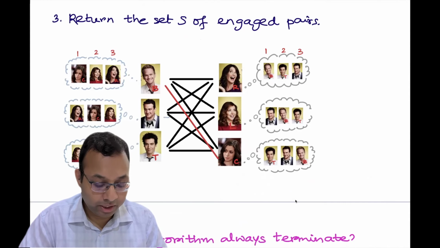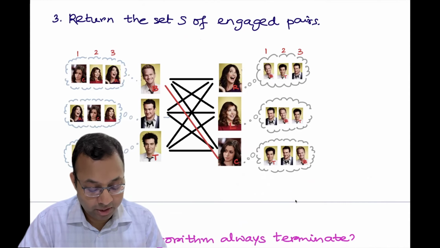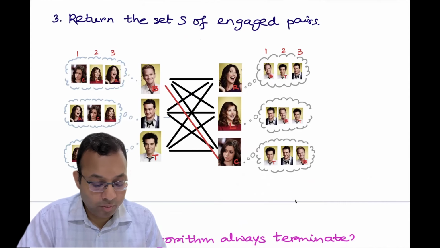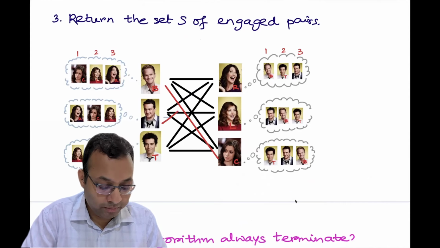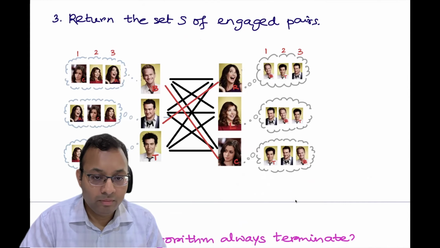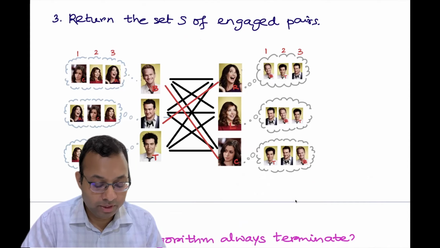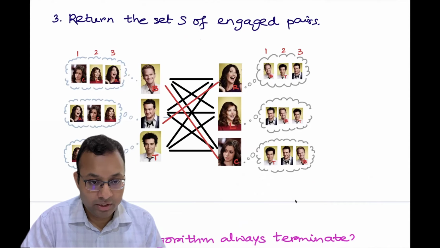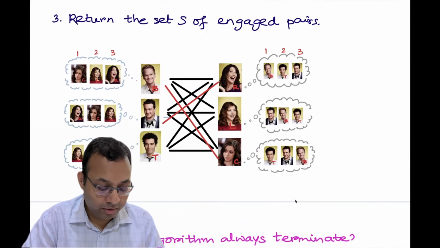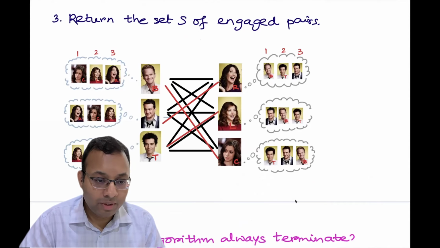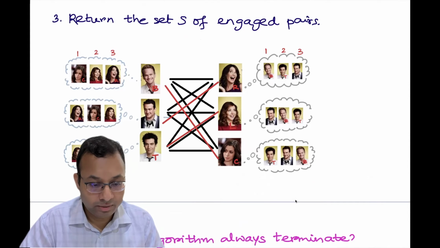They will get engaged. Then Marshall comes, he is free. His first preference is Robin, so he will propose to Robin. Again, Robin was available, so she gets matched to Marshall, engaged. And last, Ted comes, his preference was Lily. So he will again propose. And as all were available, all three get engaged.